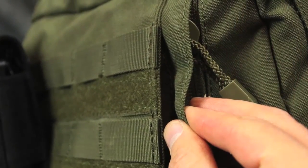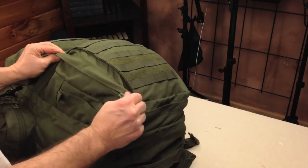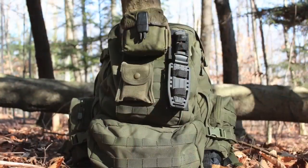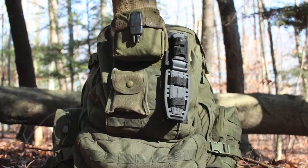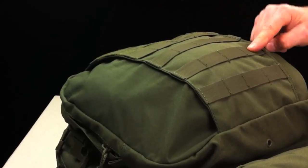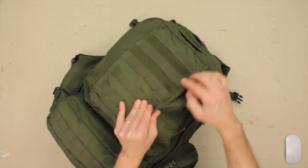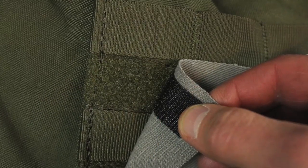So the front of this compartment opens only from the side with a single zipper pull, which is fine. Okay, check this out. On the front of this compartment, on the outside of the pack, we have 6 rows of Molle webbing. As you can see, under the first and second Molle straps, we have 2 rows of Velcro for attaching your tactical, emergency, or personal